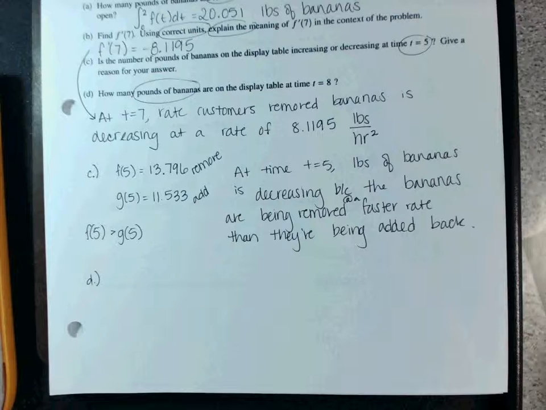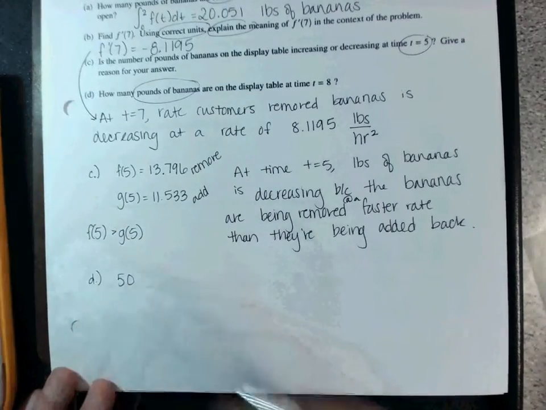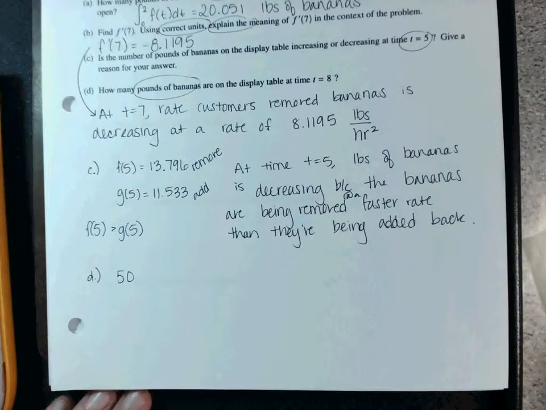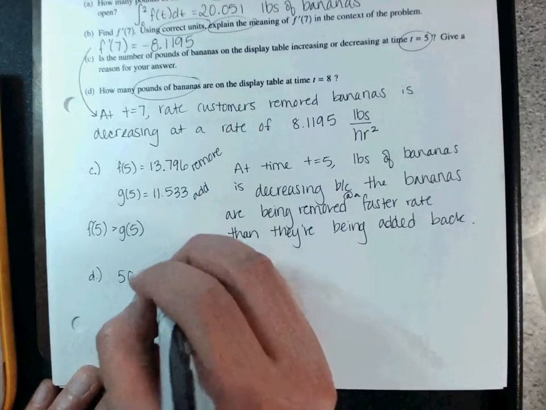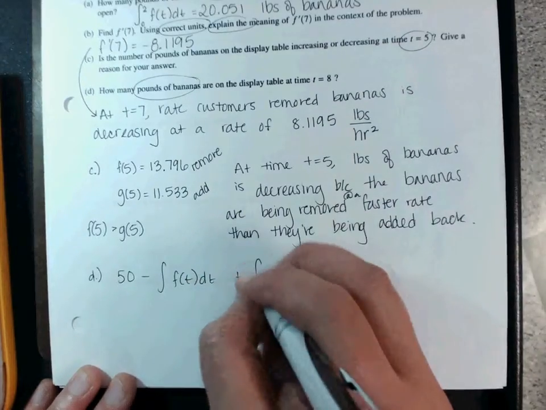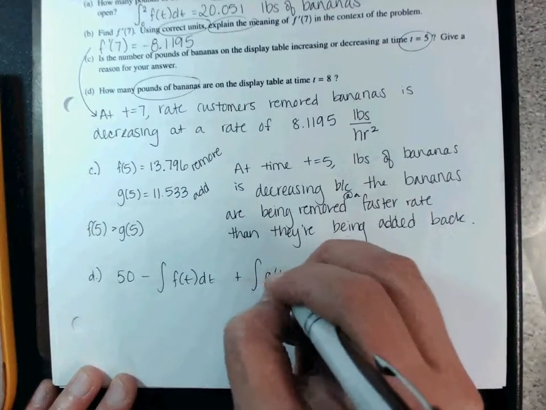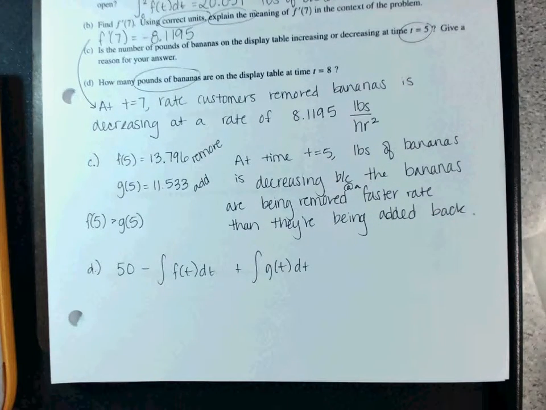Now, were there already bananas on the table? You have to count those then. How many were already there? 50. What am I going to do with the integral for f of t if those are the bananas being removed? Minus the integral for f of t. And then I'm going to add the integral for g of t. Now, look very closely at your equation. If both of your times are 0 to 8,